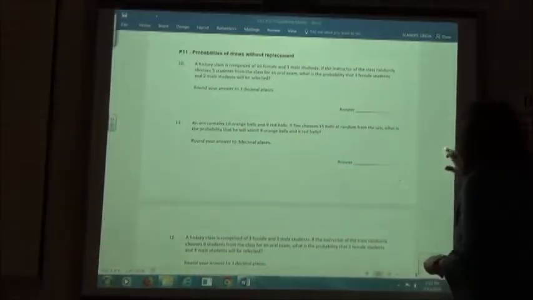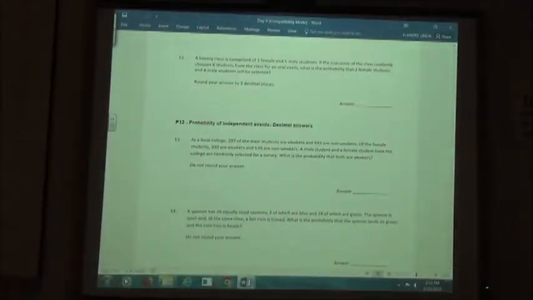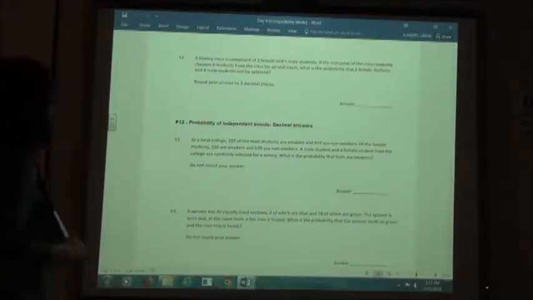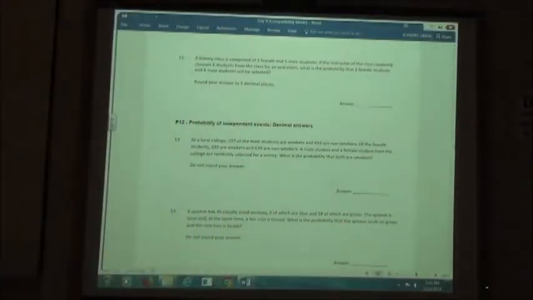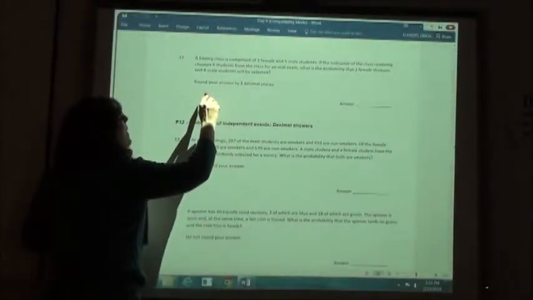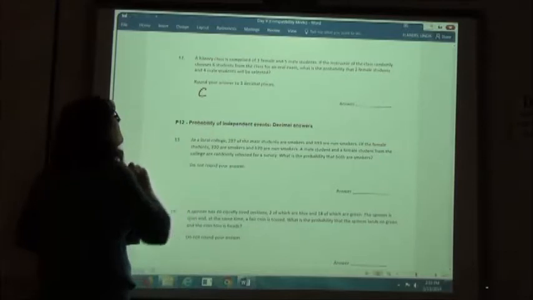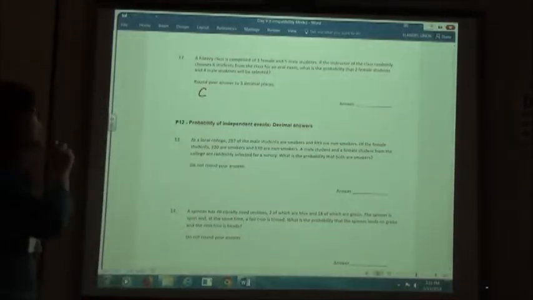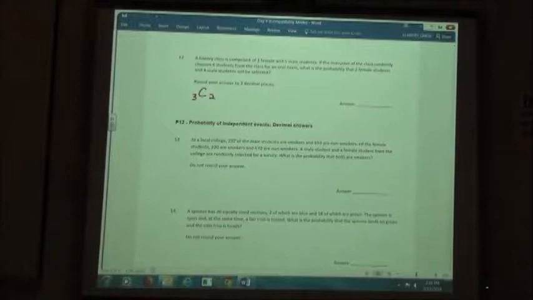Number 12, same kind of thing there. A history class is comprised of 3 females and 5 males. If the instructor of the class randomly chooses 6 students from the class for an oral exam, what is the probability that 2 female students and 4 male students will be selected? So if we start with our female students, we would have a combination of how many total females? 3, and we're going to choose 2 of them. There's 3 altogether, we're going to pick 2 of them, which would give me